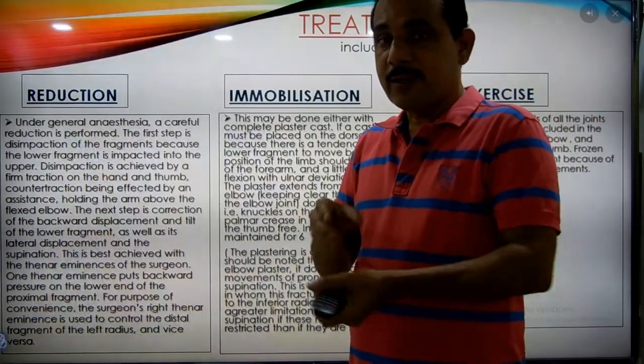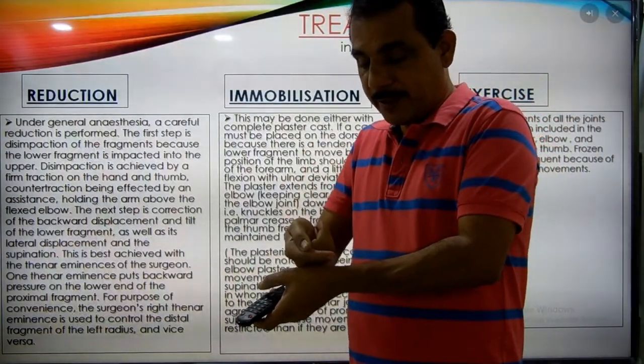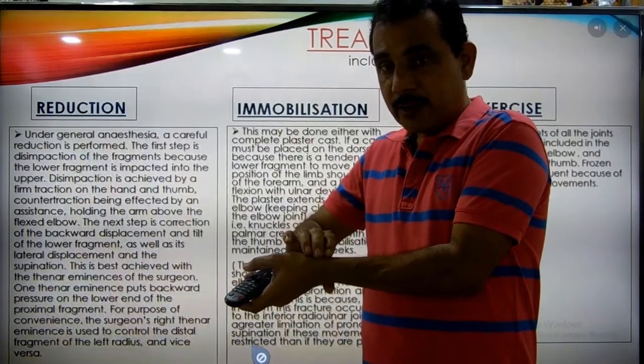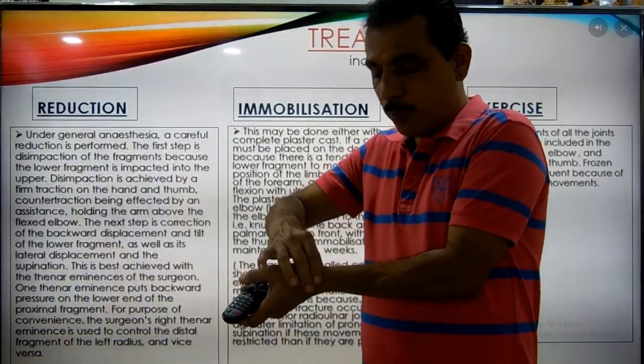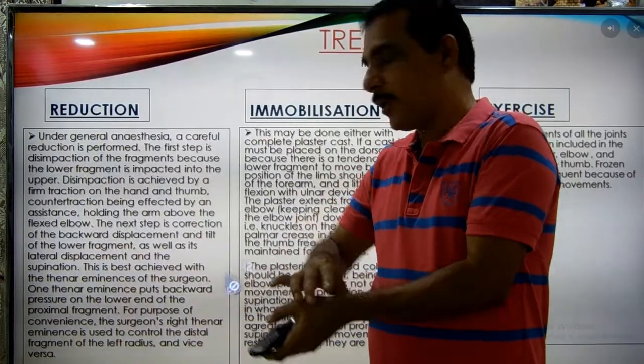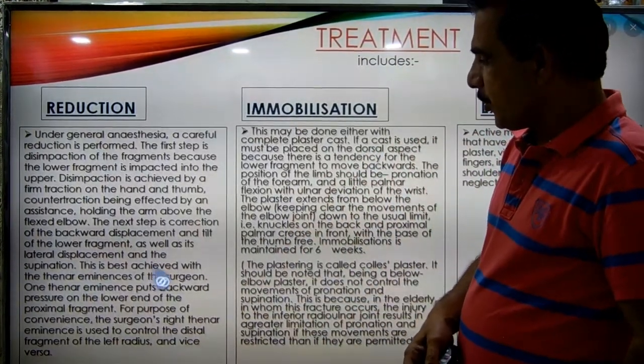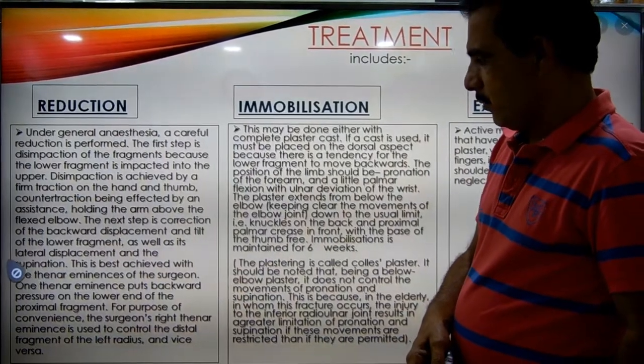So as you have seen, in this one, lateral displacement will be there. It should also be corrected by pressing with the thumbs. And where the fragment was supinated, it should be pronated by moving it like this, isn't it? Supination should get corrected, and this is best achieved